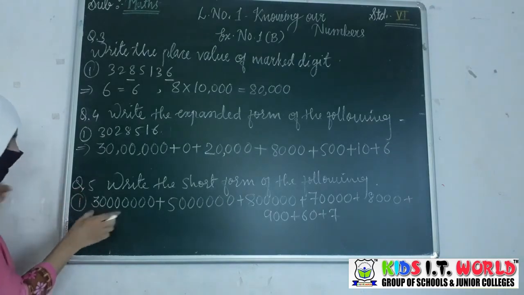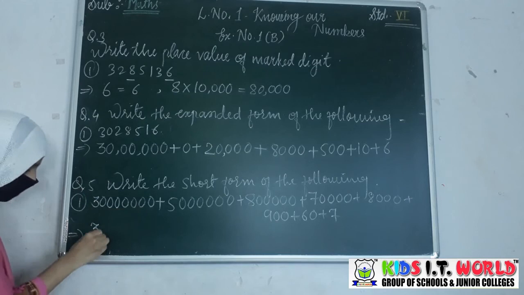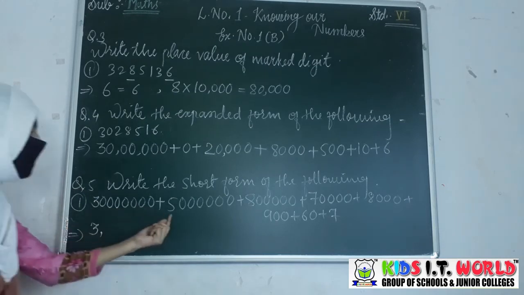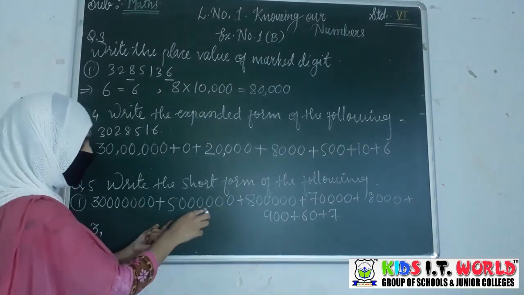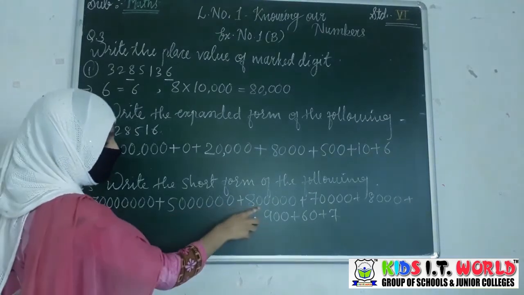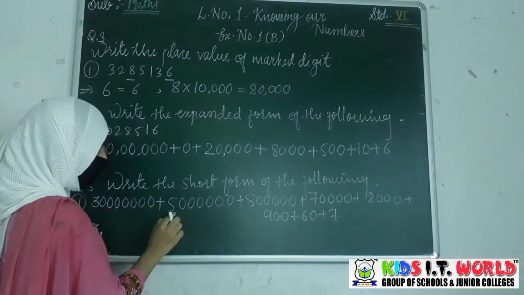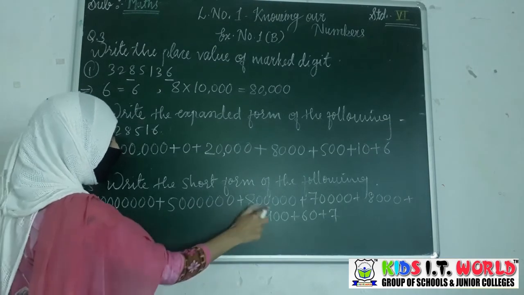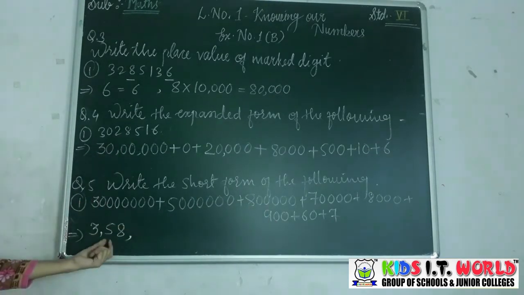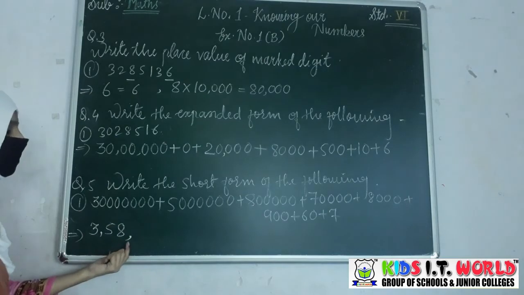So this is a separate period. So after the period you have to put the comma in an Indian place value chart. Then it is ones, tens, hundreds, thousands, ten thousands, lakh, and this is 8 lakh. So we have to add this 50 lakh and 8 lakh. So you will get 58 lakh. This is also a separate period.